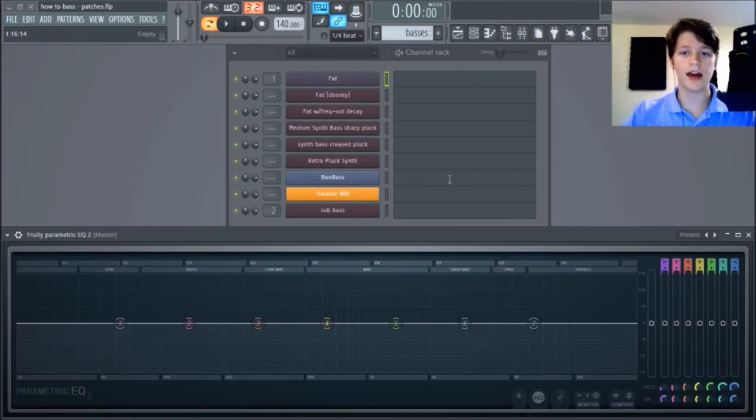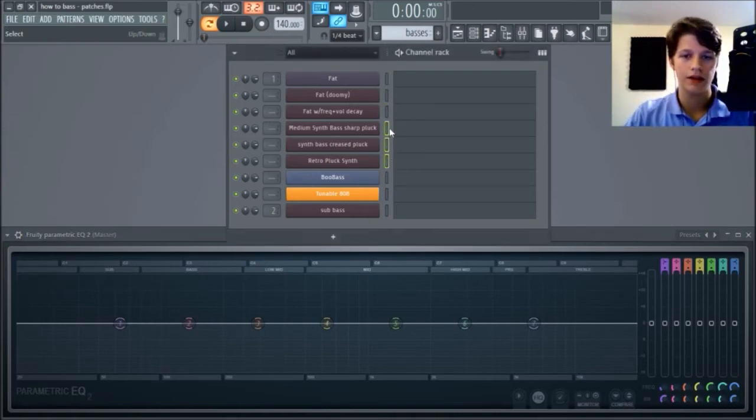So let's get into these patches that you see on screen. I have 9 of them here, and they basically go from fat bass down to sub bass. 3 fat basses,